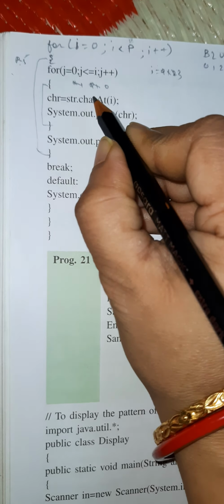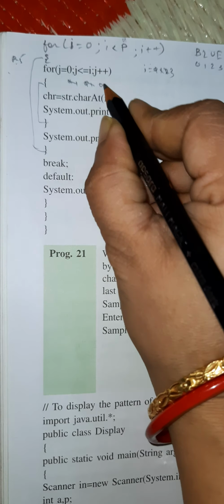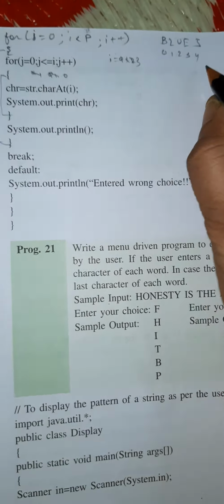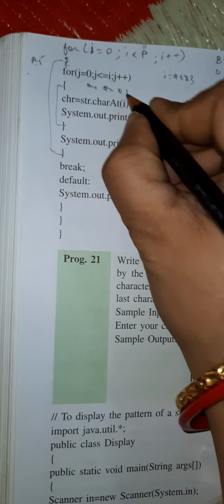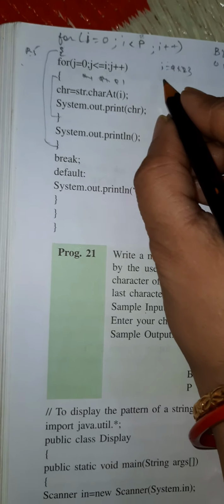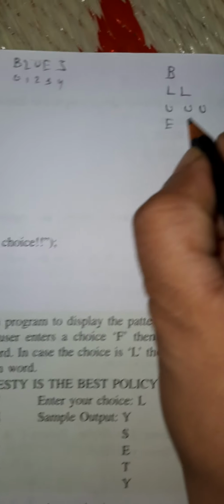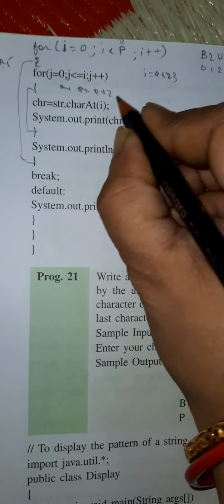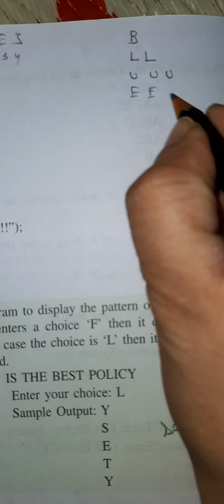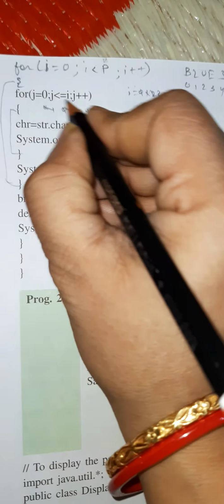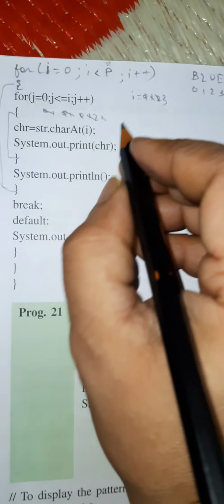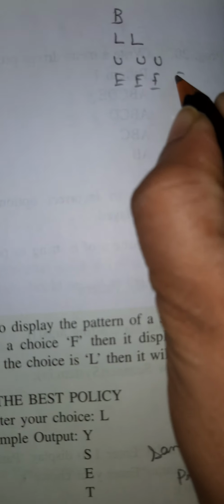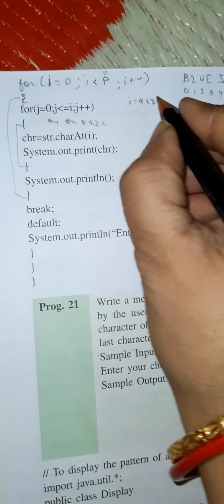Again it will come here, J will start from 0, so 0 is less than 3, and I in the 3 position is E, so E will be typed. Now J is 1, 1 is less than 3, so again E will come. Now it will be 2, 2 is less than 3, the condition is true, again it will type E. Now J is 3, equal to 3, the condition is true, again it will continue up to E. Now it will become 4, the condition is false, it will come to this part, and now I is 4.